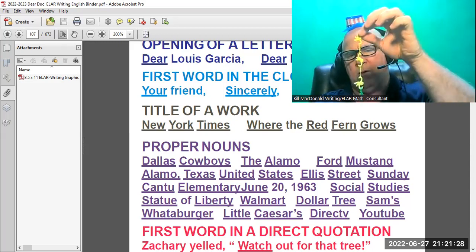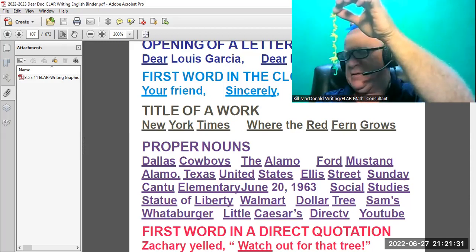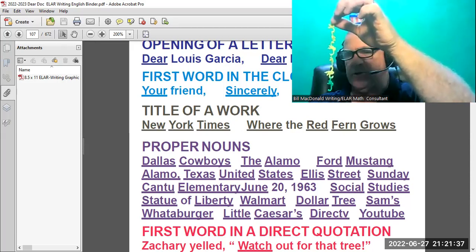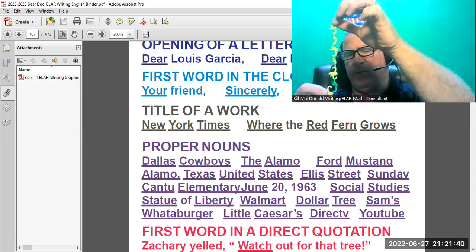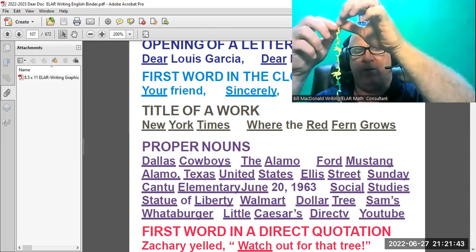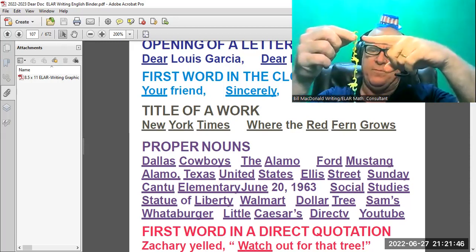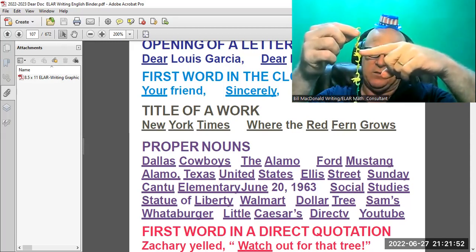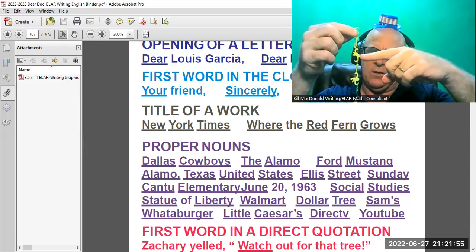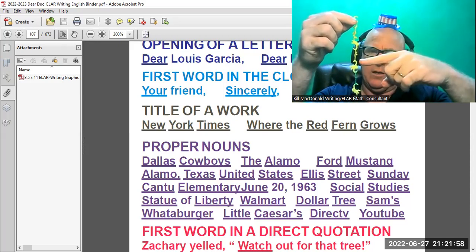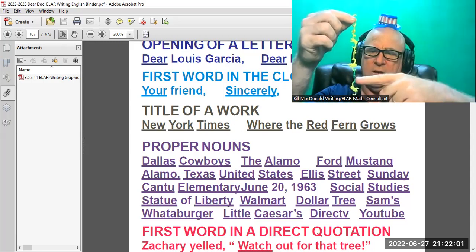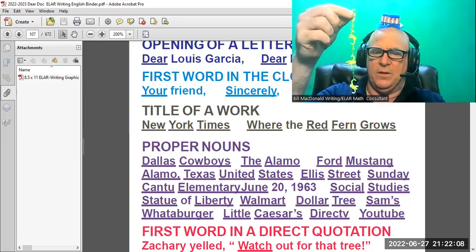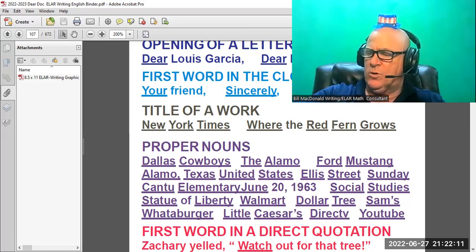I want to keep going. I could say of. And why did I use green? Because I can go on of, it's not an important word, and it's always the first word and the last word. America, slow, shift, size. So that would be Alamo, capital Alamo, comma, capital Texas, capital United, capital States, green of, capital, slow, shift, size, America. And so I'm going to let you go with that one.